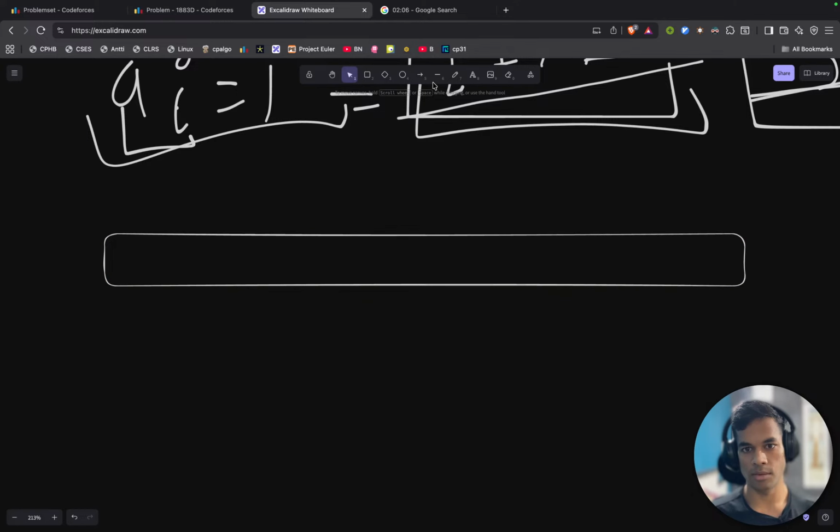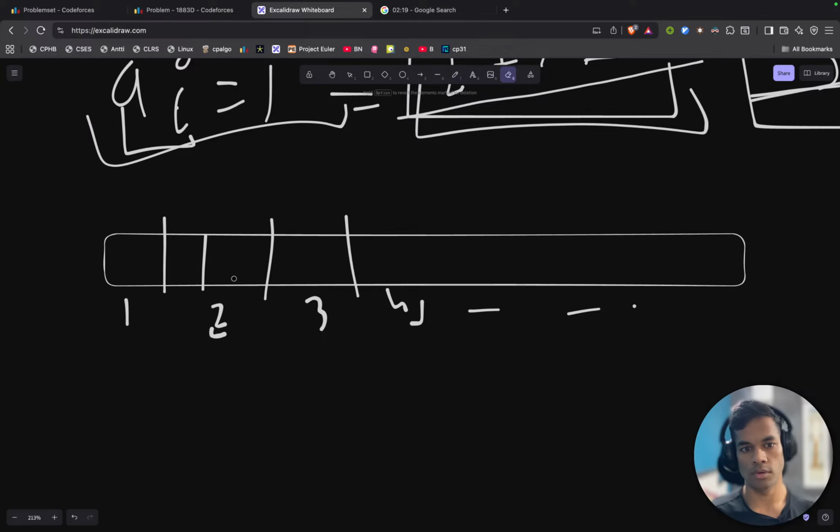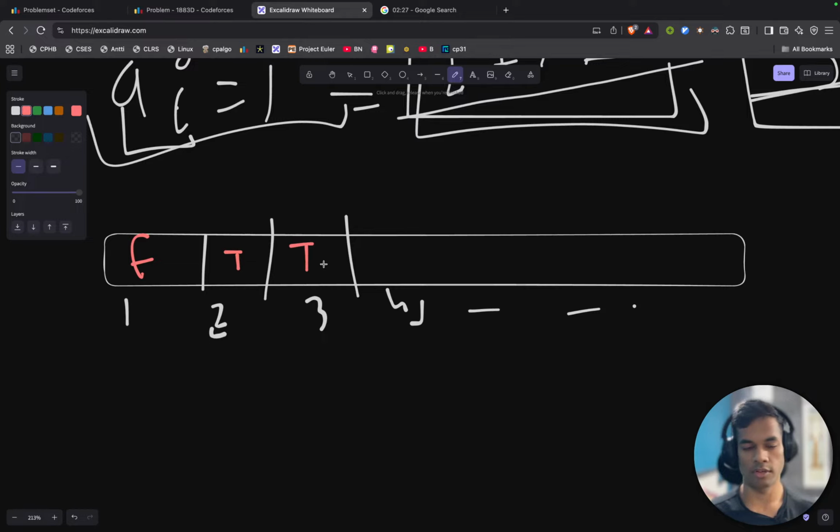If this is the number line, this is number 0, 1, 2, 3, 4, dot dot dot, and let's say we have a segment beginning from 2, ending at 4, right? We cannot just store and say that this 1 is not a part of a segment, this 2 is a part of a segment, 3 is a part of a segment, 4 is a part of a segment, the next one is not a part of a segment. True, false, Boolean is not good